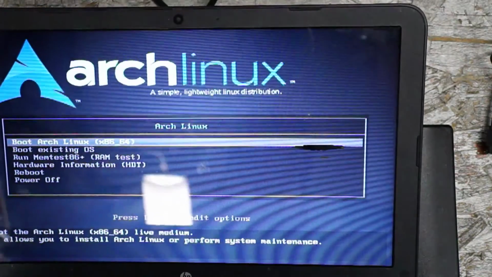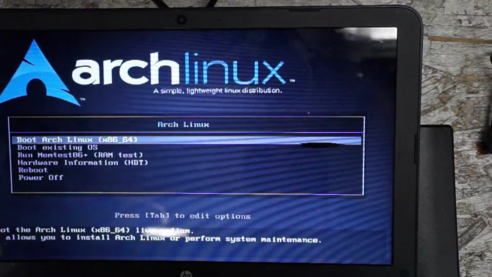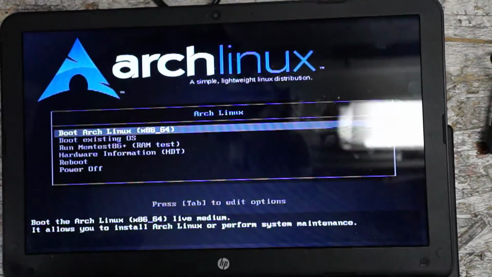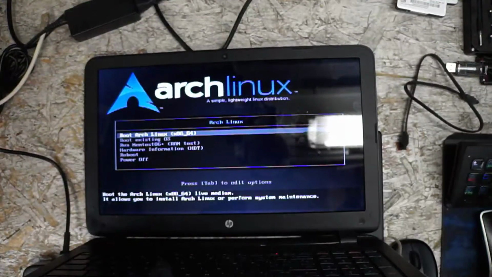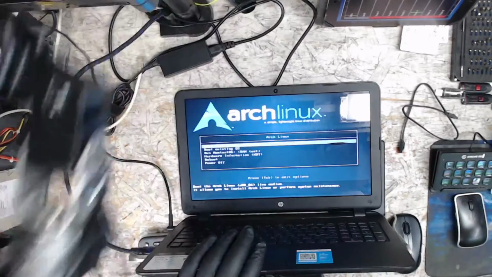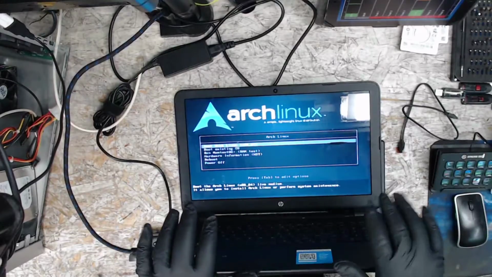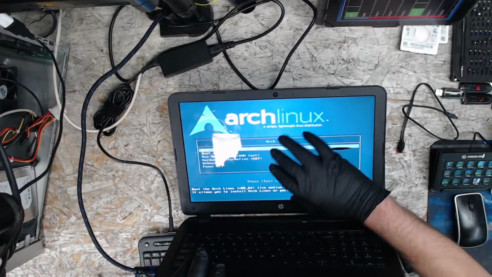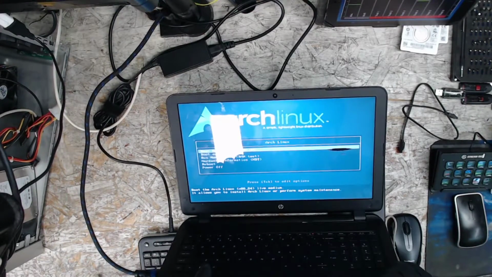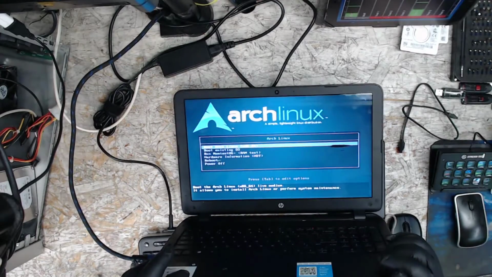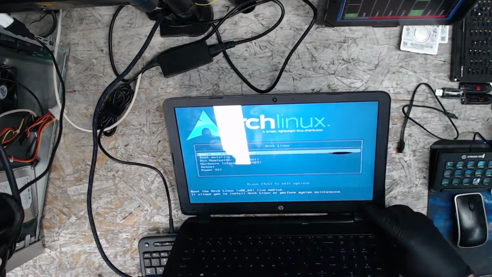Alright, looks good. However, what we're not going to do is install. We're not going to install on this laptop. We do have the bootable Arch Linux USB installer though. So we're going to go ahead and